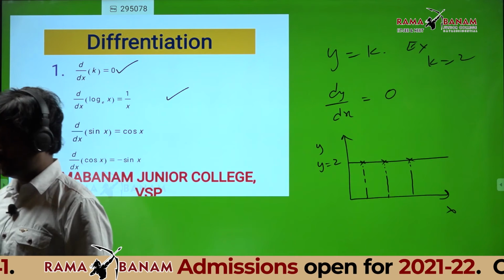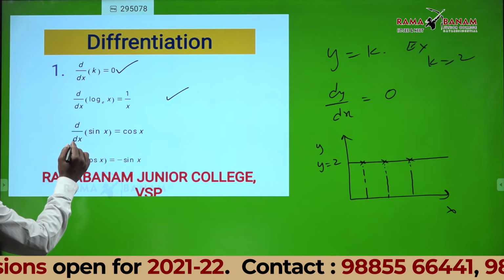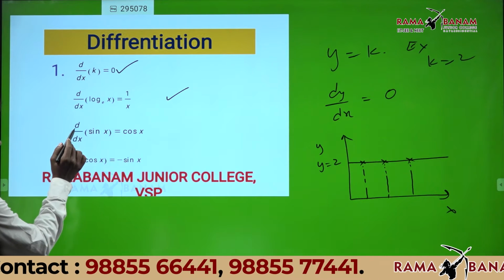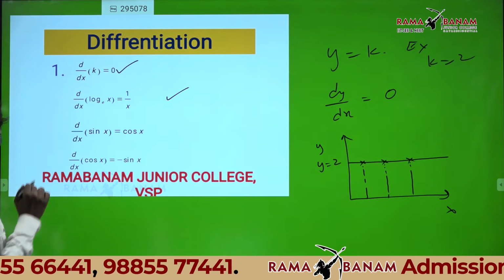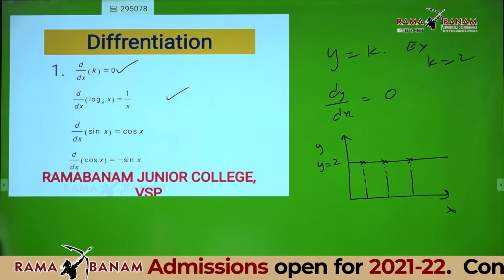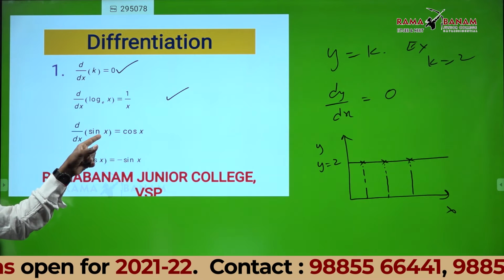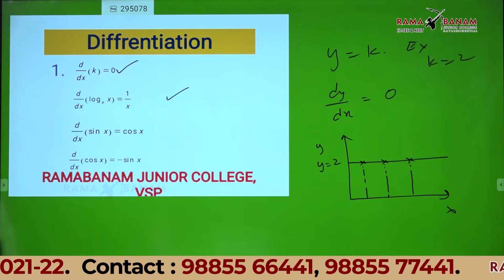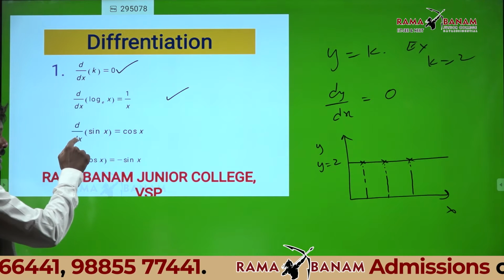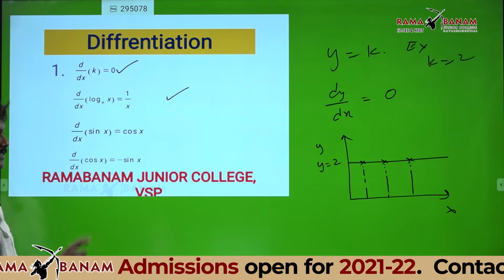Derivative of sin x is cos x. Write down, d by dx of sin x is cos x. Actually, what is the meaning of this? See, dy by dx only. Y value is how much here? Sin x. Actually, it is dy by dx. We simply write d by dx of sin x is cos x. How do you read that in English? Derivative, slope of the tangent at a point on sin x curve is cos x.